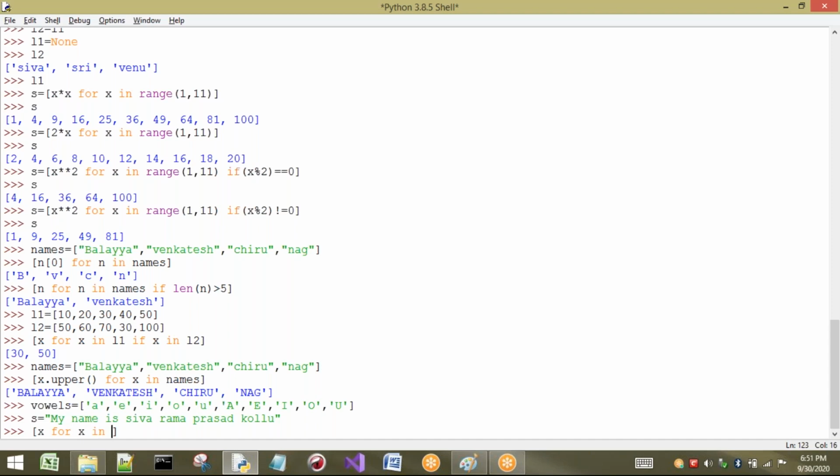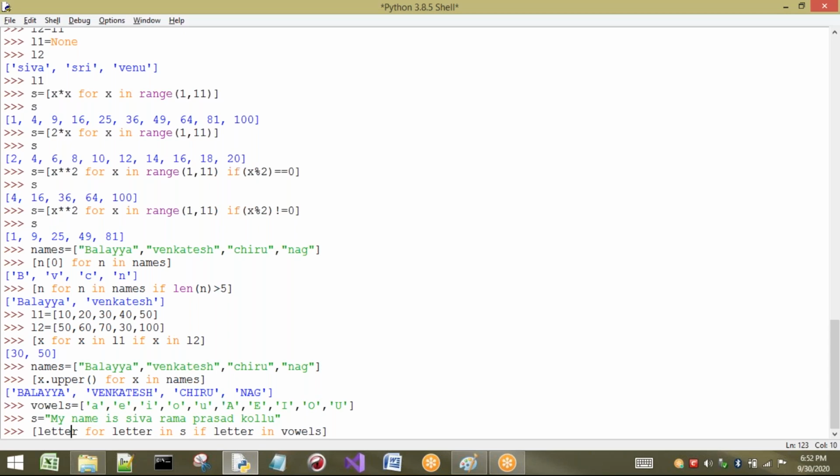I will take for letter, so that we will get clarity: letter for letter in S, for every letter in S. The condition is if that letter is present in vowels or not. If letter in vowels.